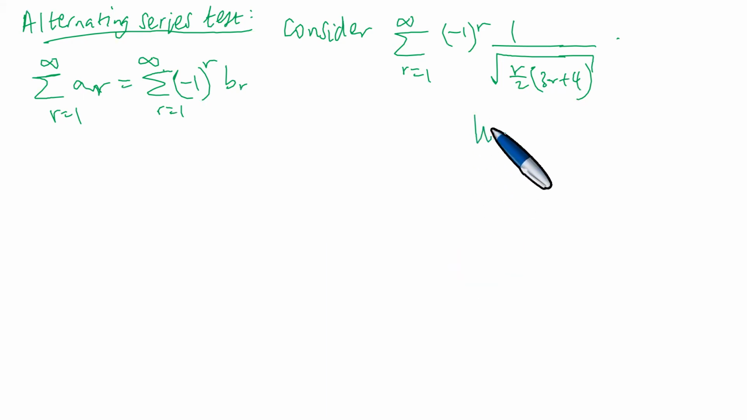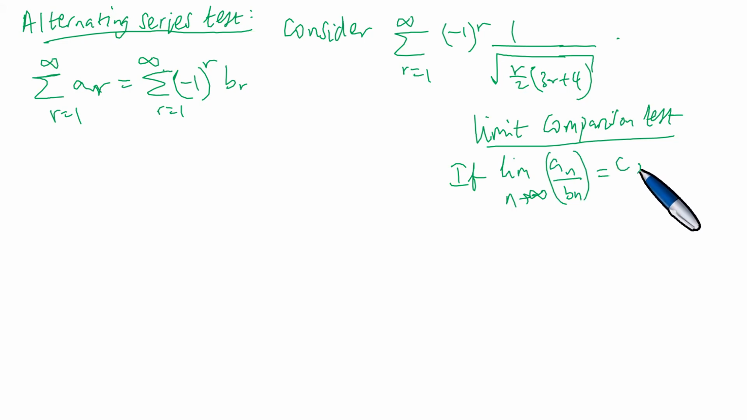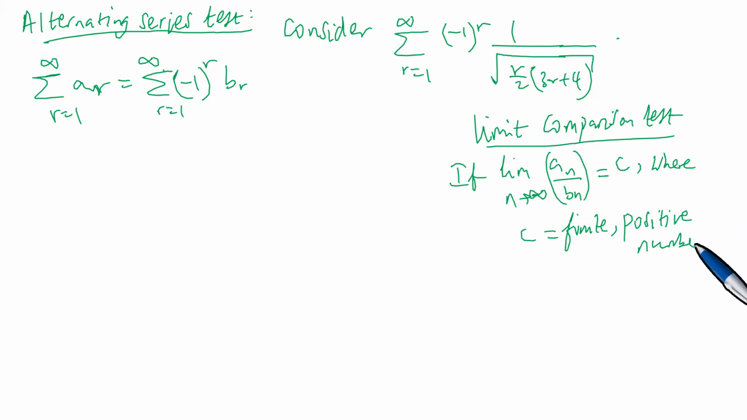Right, so the limit comparison test says that if the limit as n approaches infinity of the quotient a_n over b_n happens to be a number c, where c is a finite positive number, like this,